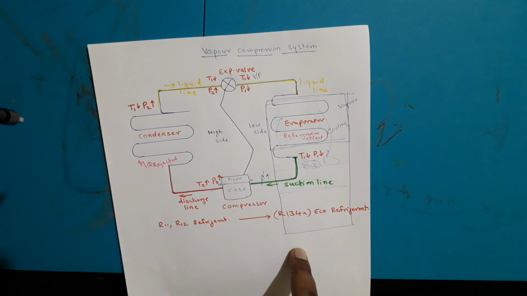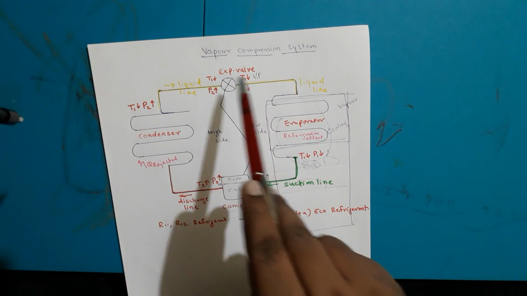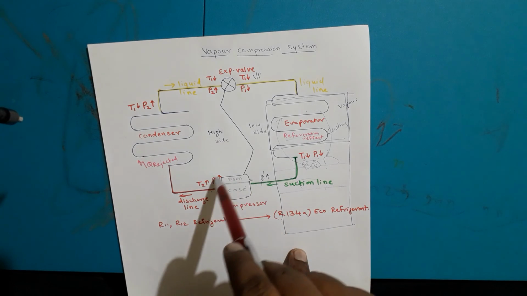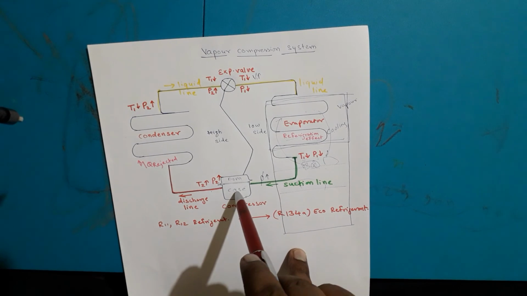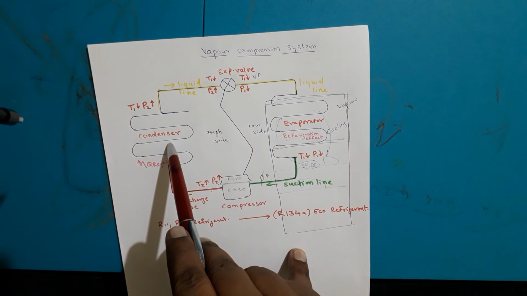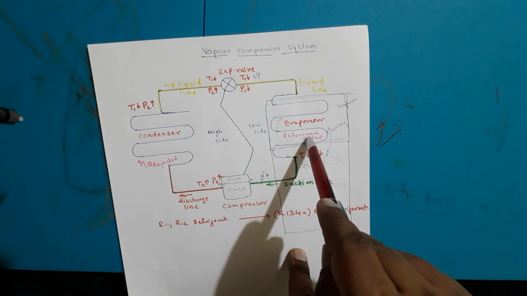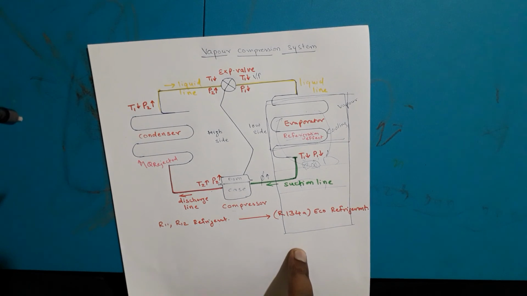So today we have learned, I think you have understood the concept of the vapor compression system. In the vapor compression system we have studied four main parts: compressor, condenser, expansion valve and evaporator. The most important part is the compressor. It is known as the heart of the system, right? The compressor compresses the vapors, in the condenser heat is rejected, in the expansion valve pressure is dropped and velocity is increased, and in the evaporator the refrigerating effect is created. Hope you understand.